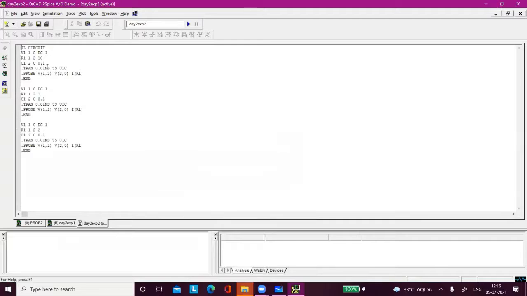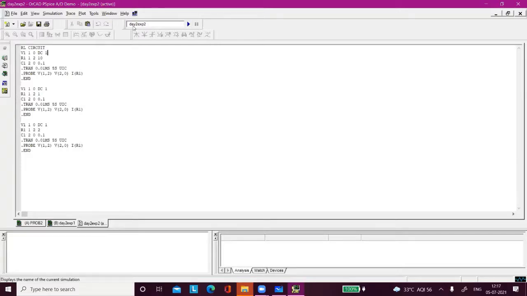This is also for you. Look at the circuit. Tell me what are the different values of the time constant. The first will be 1, the second 0.1, and the last one 0.2. So which circuit will take the minimum time to reach the steady state? 0.1 seconds, sir. The second circuit will take the minimum time. This circuit will take the minimum time, this will take the intermediate, this is the medium, and this is the maximum time.